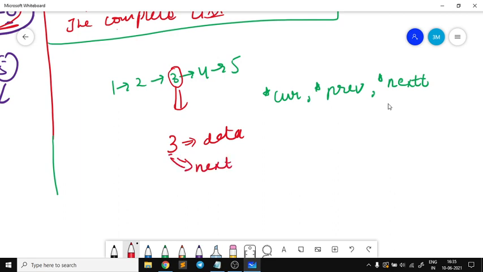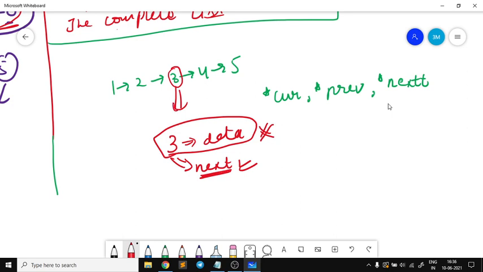Now we don't have to worry about the data value, right? All we have to worry about is the next value, right? How do we change the next link to point to the previous, because its next link is this one, right? I have to change the direction of this one to point to this one, right? That's what I have to do, right? So how will I do that?